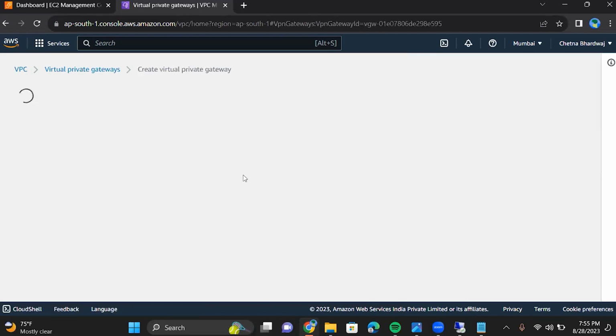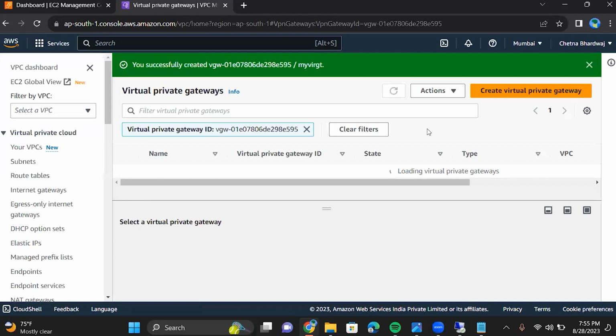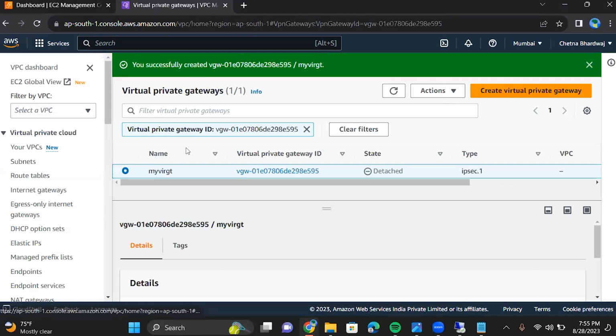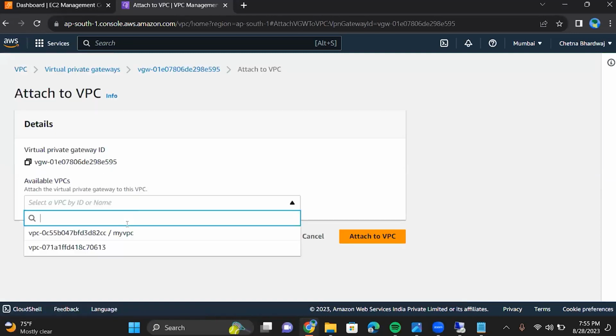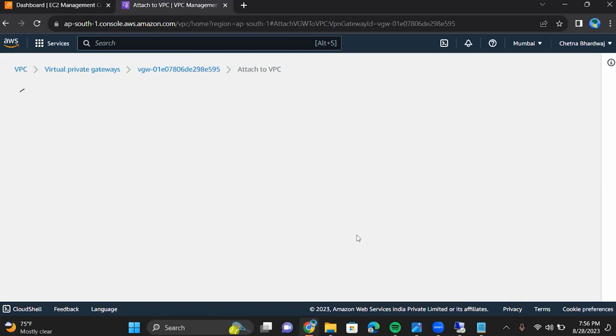virtual private gateway. Now what we have to do, we have to attach a VPC. So this is a gateway. This interface is present with the AWS. So we should be attaching a VPC to it. After attaching the VPC,